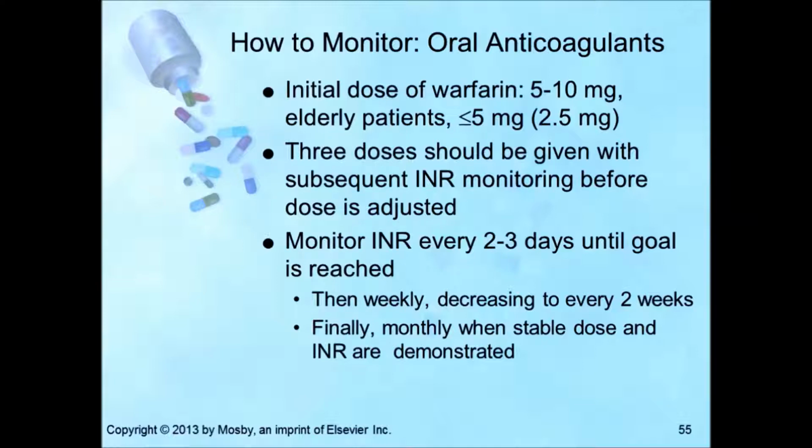You should obtain a regular CBC with platelets, liver function tests, stool for occult blood, and urinalysis for albumin and hemoglobin. Select patients manage warfarin using a home coagulation monitor. It has been approved by the FDA, but the level of decision-making ability required renders the home coagulation monitor impractical for most patients. You need to ask the patients at each visit